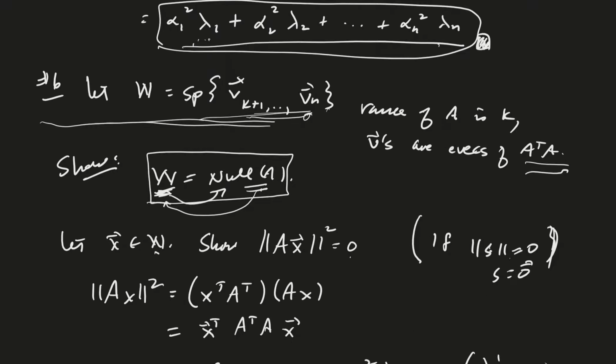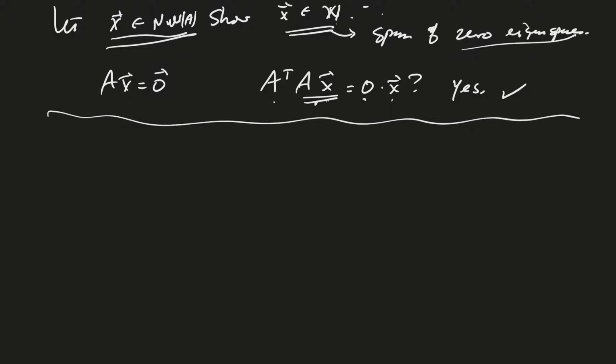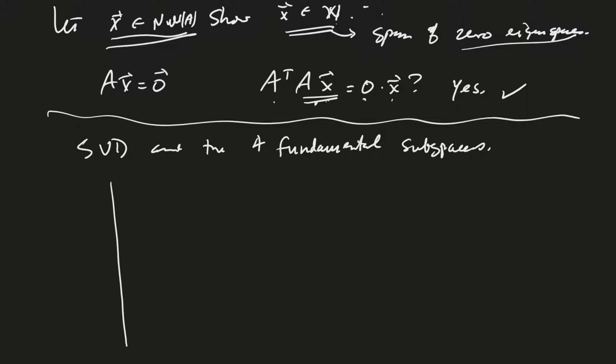That's important because what we want to talk about now is how the SVD tells you about the 4 fundamental subspaces. So, the SVD and the 4 fundamental subspaces. I already gave away the punchline before, but let's go ahead and walk through it again. So the 4 subspaces for an m by n matrix A